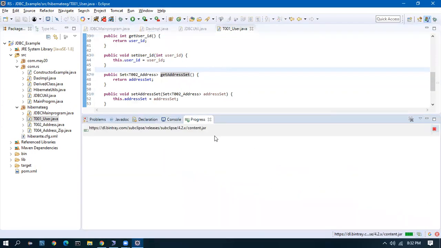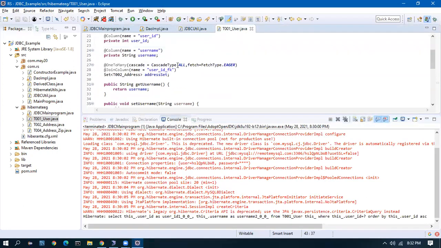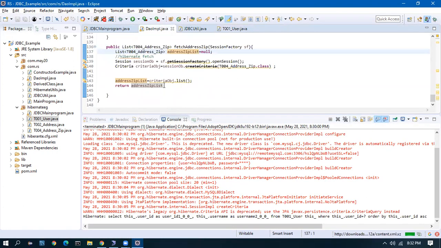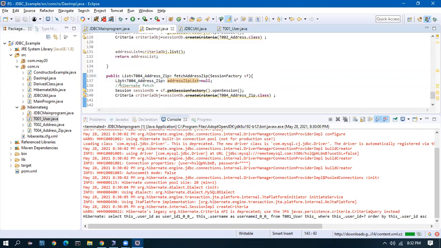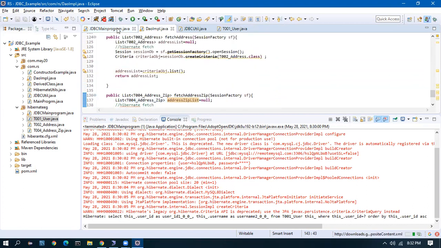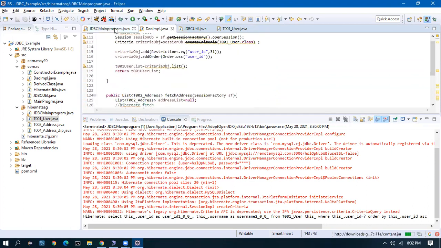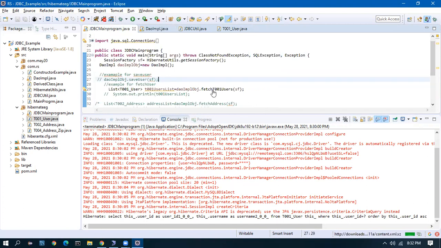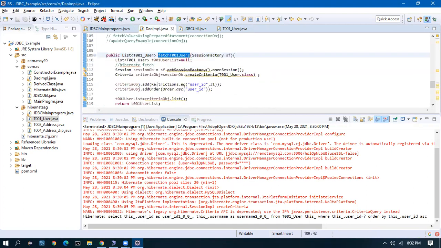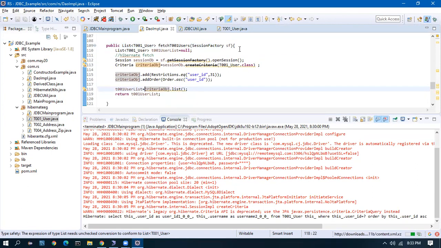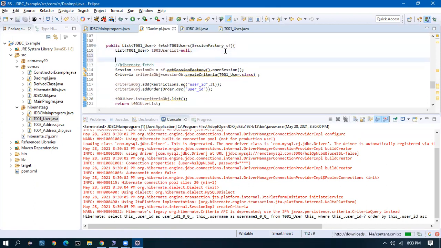Anyways, I'll note it down. It's not going to work now. I'll note it down. I'll show you sometime later. I want to show one more property, which is just a concept. When we come to the fetch, what I am using is dot list, this class dot list. I want to show two methods which are provided in Hibernate.